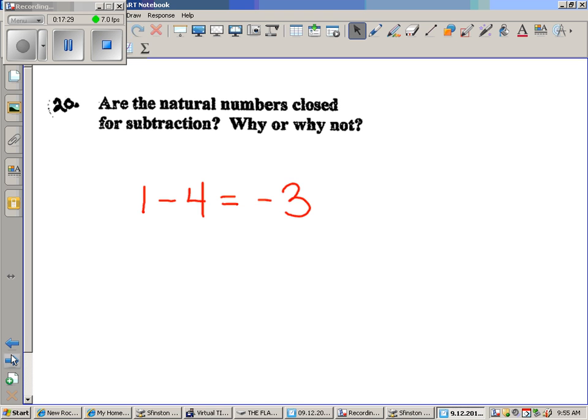And if you tried to explain that to a very small child, that you can have actually less than nothing, they would be like, no. You know what I mean? It doesn't make sense to them because they can't count that on their hands. That is not a natural number. Not closed. Not closed. Very